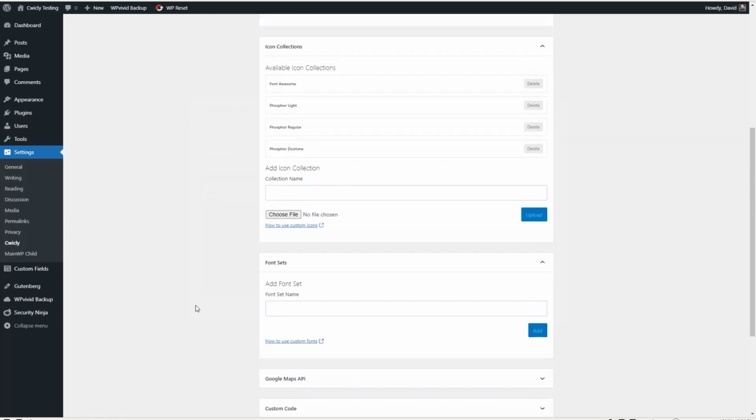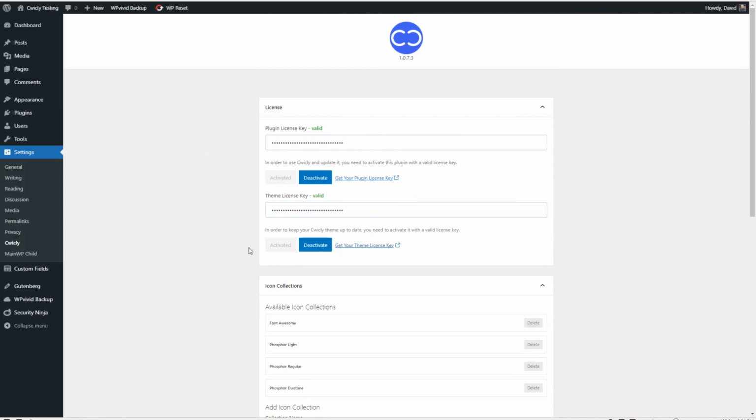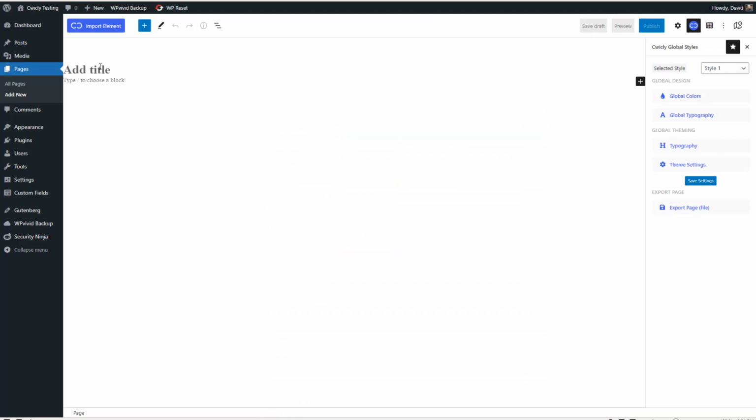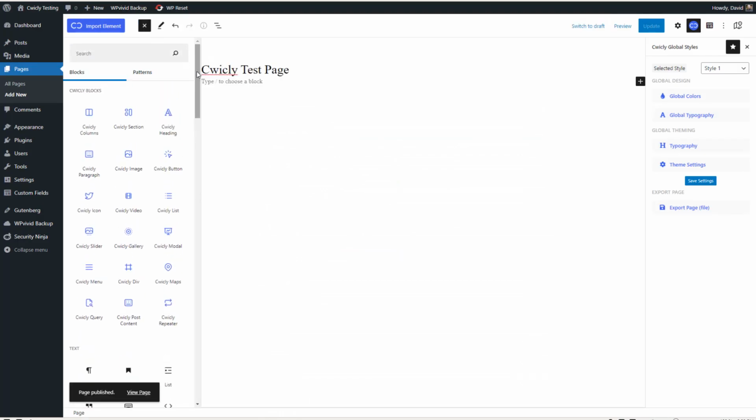Okay, so that's what we have outside of the editor. Let's actually go take a look at what we get in the editor. Kind of a tour. Okay, so first thing is we have some blocks. These are from the plugin. We have Cwicly columns, Cwicly section, heading, paragraph, image, button, icon, video, list, slider, gallery, modal, menu, div, maps, query,